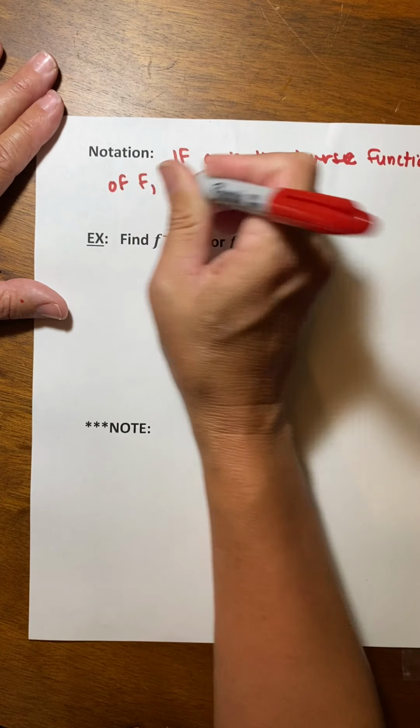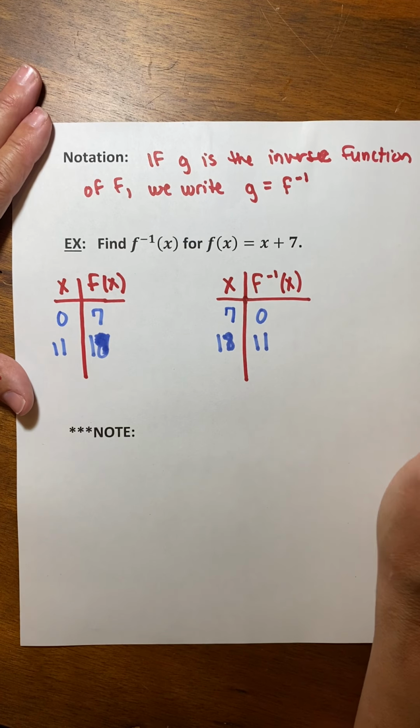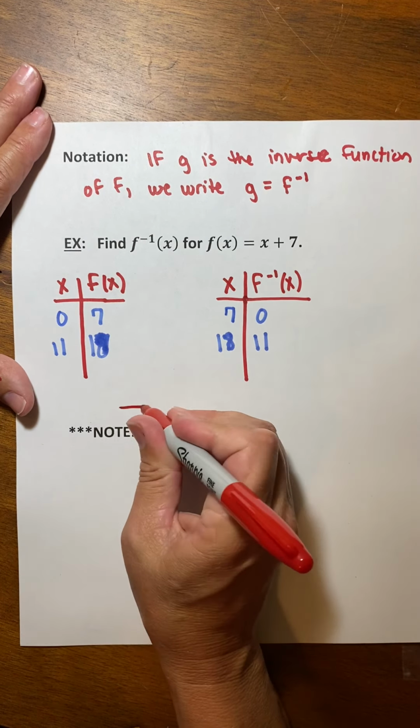We put in 11, we get 17. So if I put 17 in here, oh no, we get 18. Try again. If I put 18 in, we want to get 11 back. So if we just think logically, what function undoes plus 7? Well, hopefully you said minus 7. The inverse function would be